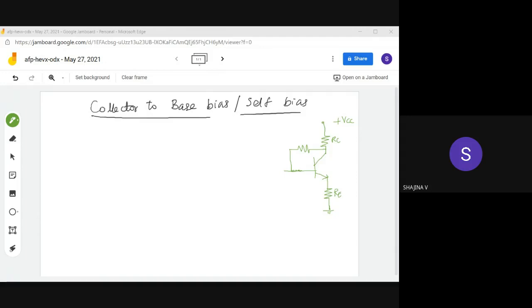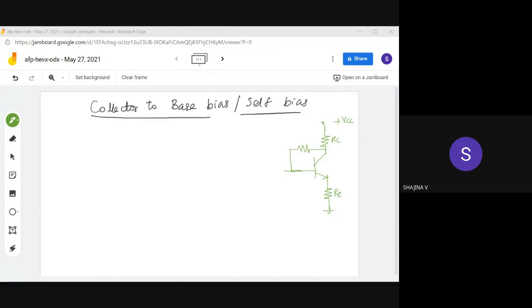Now apply KVL to the output loop. As you can see, in the output loop we have VCC, then IC plus IB into RC, and VCE and IE RE. So these are the voltage drops in the output loop,